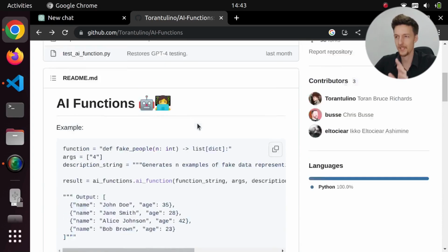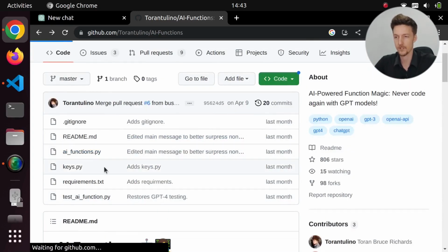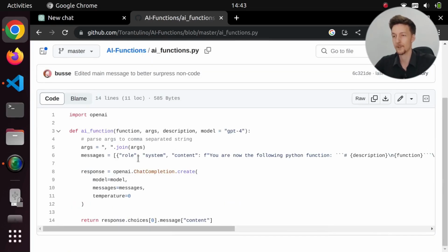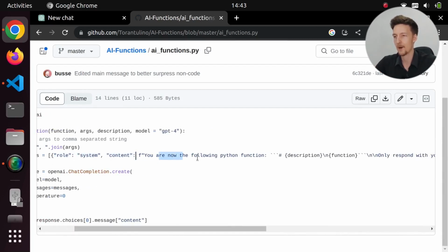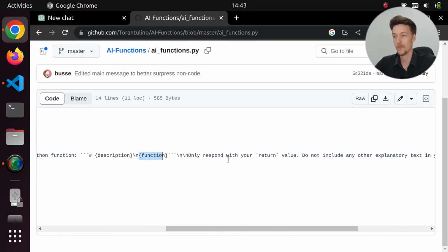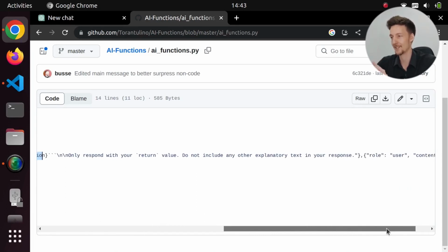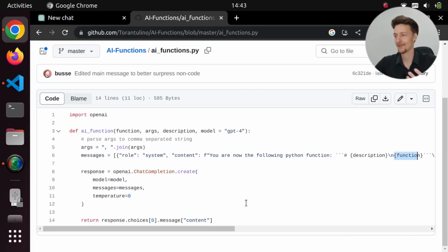If you take a look at this repository, the aifunctions.py, you can see that they are sending a message to ChatGPT here. "You are now the following Python function." And then here will be the description and the function signature. And then it says, "Only respond with your return value. Do not include any other explanatory text in your response." And that's basically it. So let's try to do something like this, but with a whole code interpreter